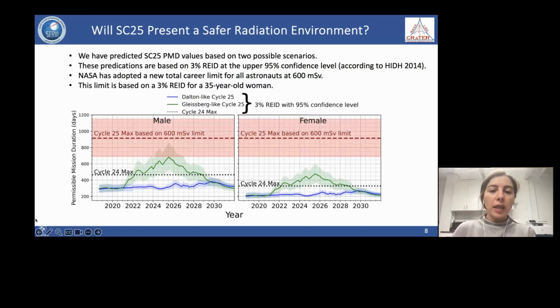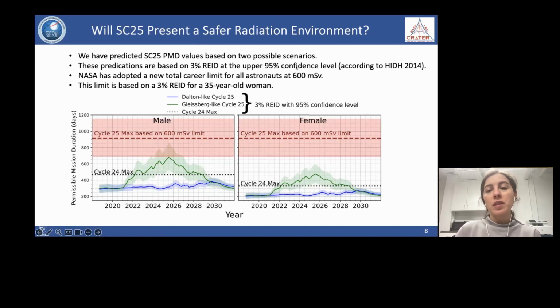Again, this is an update from our 2020 paper, where we show the permissible mission duration separately for male and female 45-year-old astronauts. And you can see again green and red, Dalton-like and Gleissberg-like cycle 25, and also the maximum of cycle 24. However, for these predictions back then, we calculated the permissible mission durations based on the standard that NASA was using back then, which was based on a 3% risk of exposure-induced death